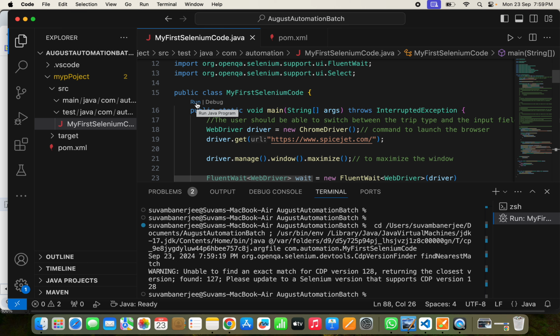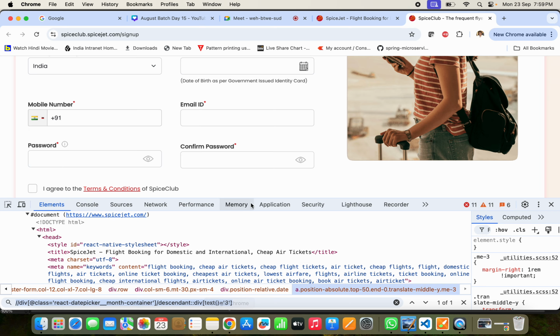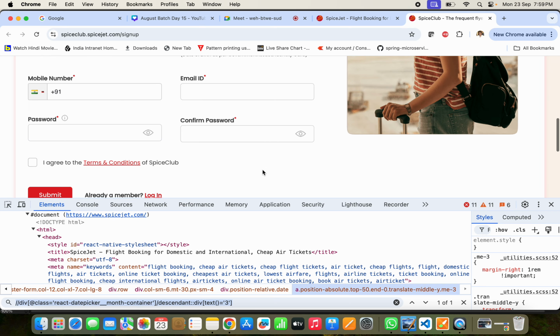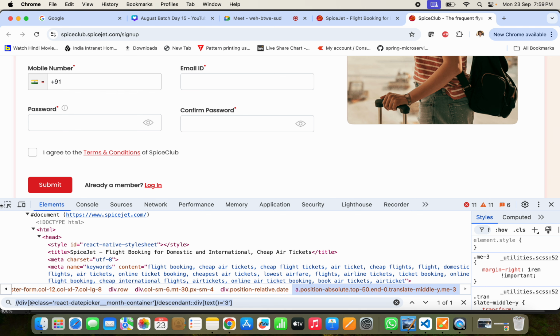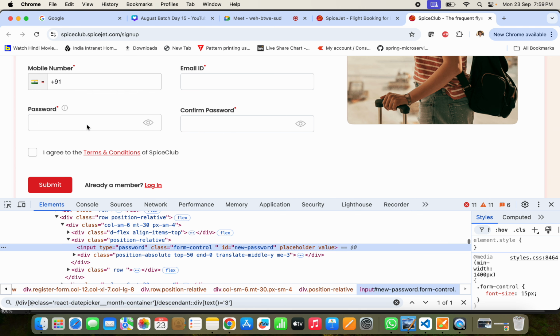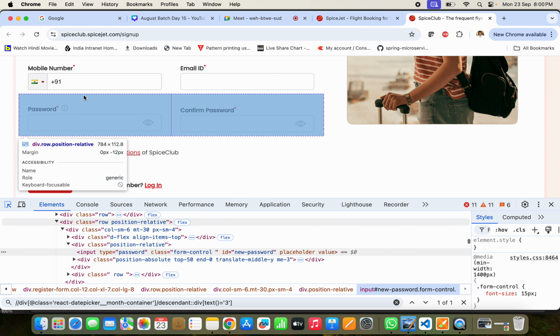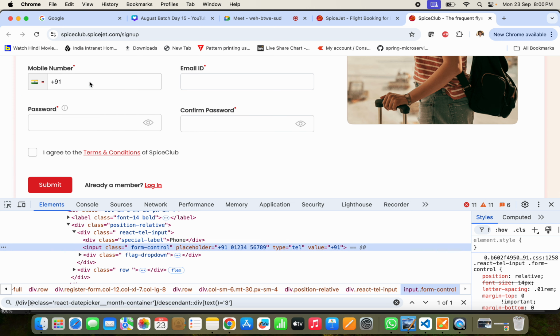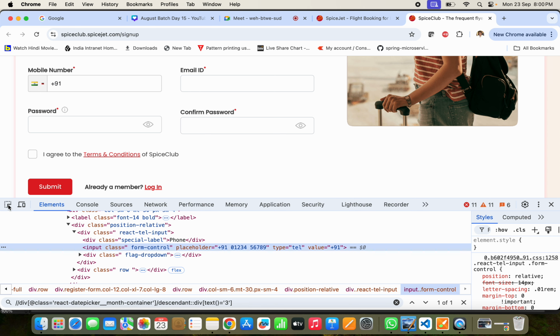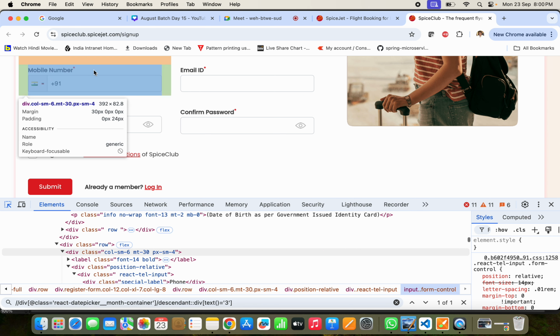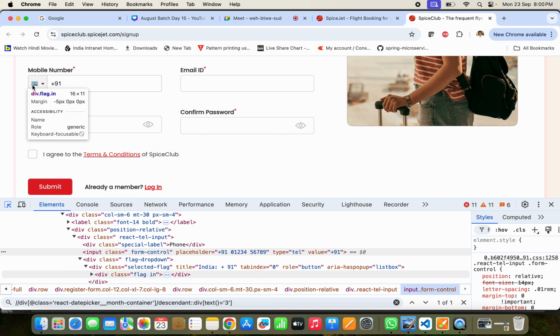आया समझ में? Okay. Now password and confirm password we have to select. It's input ID. अच्छा अच्छा ओके, मोबाइल नंबर, ओके मोबाइल नंबर। ज़रूरत नहीं है ना, क्योंकि you have already selected the country।